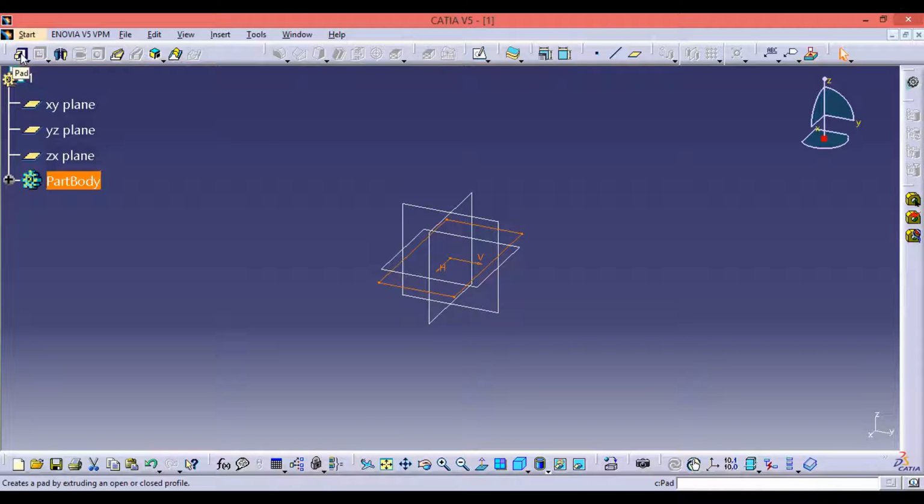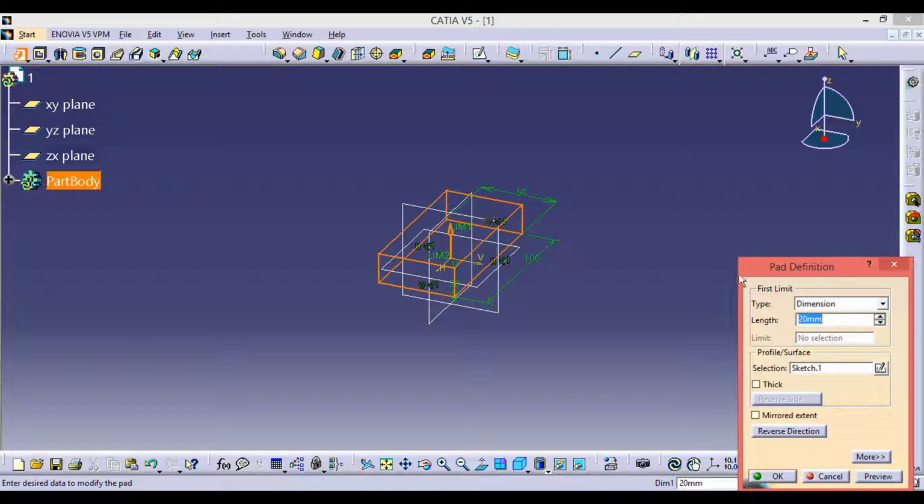So first we have the pad. Pad is used to add material to the 2D sketch. So I have a rectangle here in this plane. I'm going to add some material to this rectangle using the pad option. Below the pad we have 3 types of pad. One is the normal pad, drafted filleted pad and multi-pad. Let us start with normal pad. Select normal pad